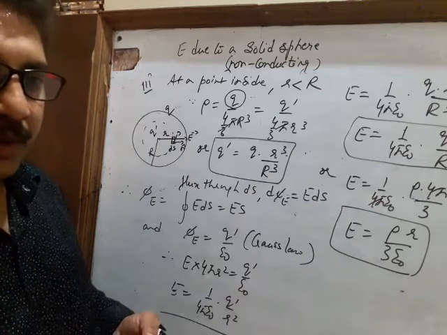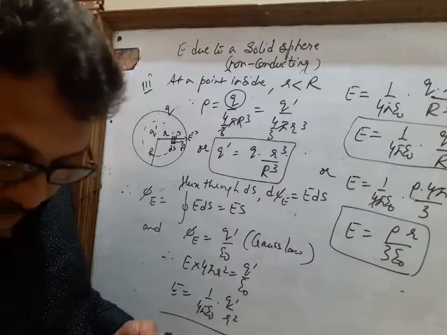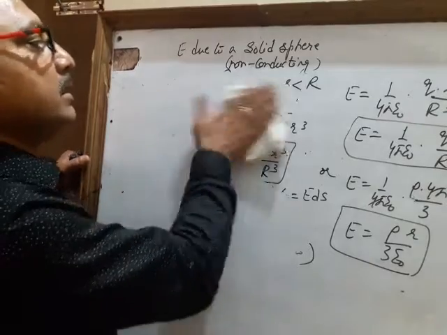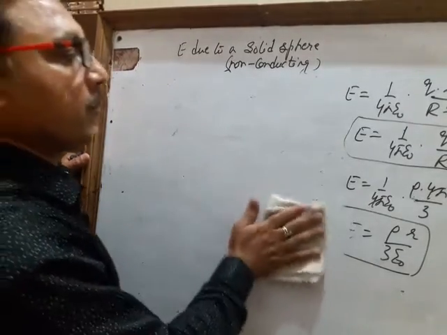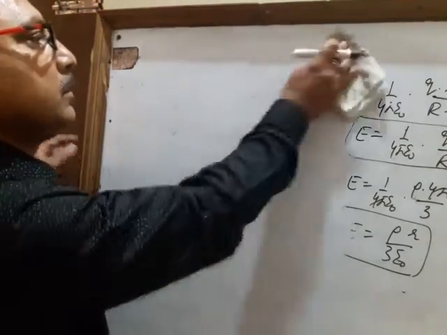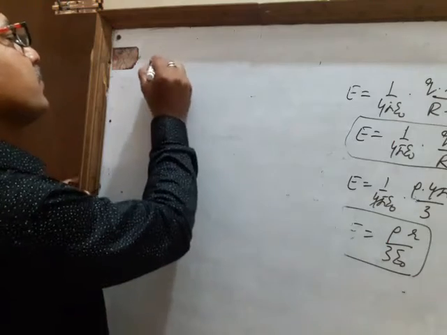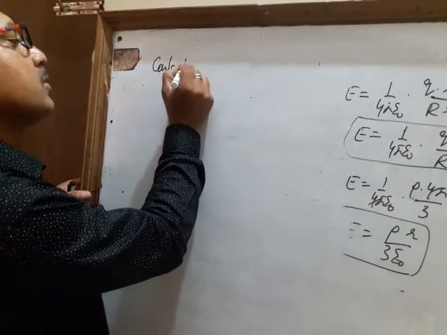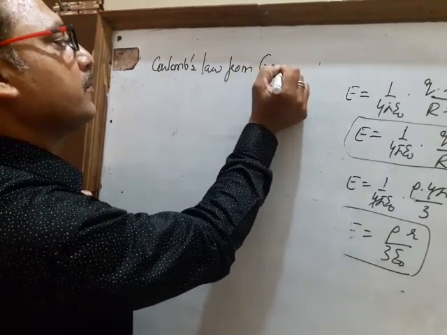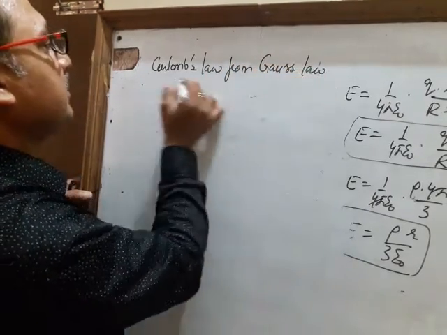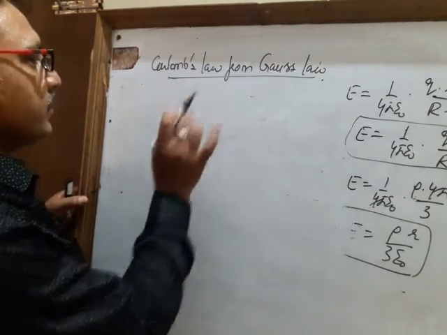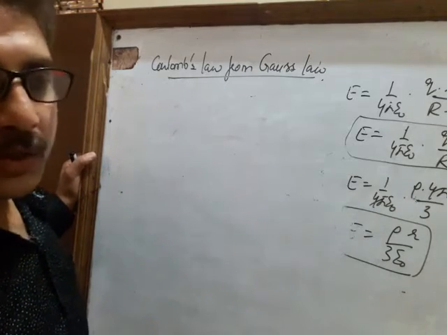of Gauss theorem. And one more thing before ending with the topics, one more thing I want to tell you. Good question. How will you prove Coulomb's law from Gauss law? If it comes in the exams, this is a 2 marks weightage question. So how will you prove Coulomb's law now from Gauss law?